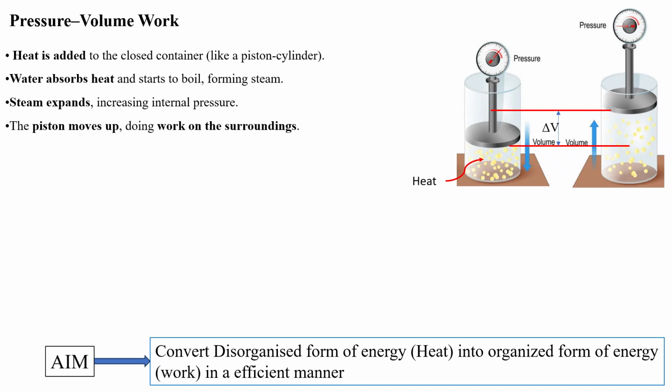Now heat is added to the water in a closed container. Then the water absorbs the heat, starts to boil and forms steam. This steam expands due to the increase in internal pressure. Now the piston moves up to the volume V2